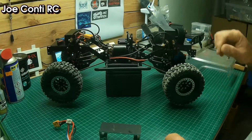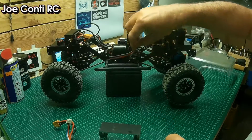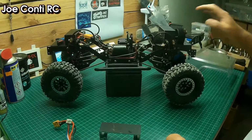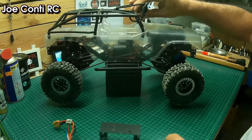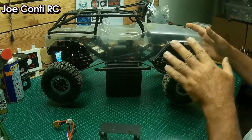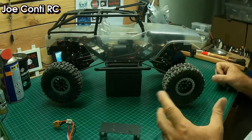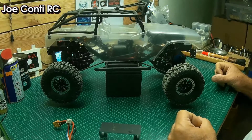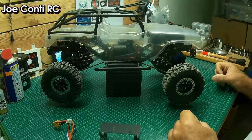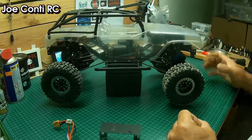Hopefully the next time this will be ready here in place, and I will have the body painted. I don't want to commit myself to two colors because I am not 100% sure, but I have something in mind, pretty unique, and